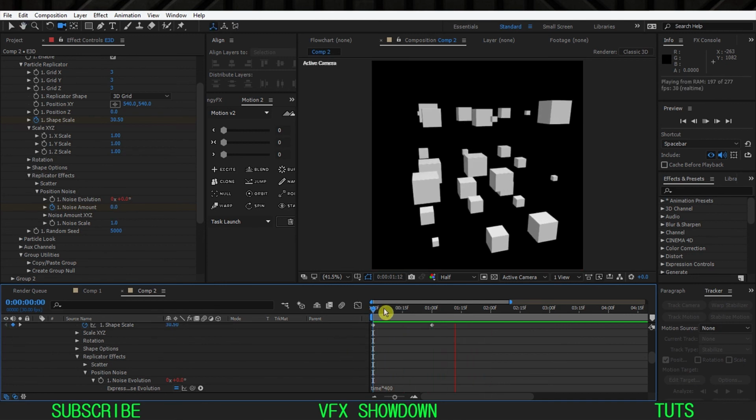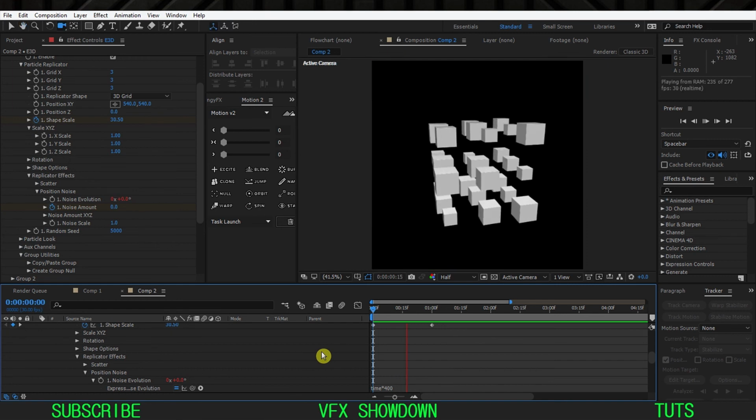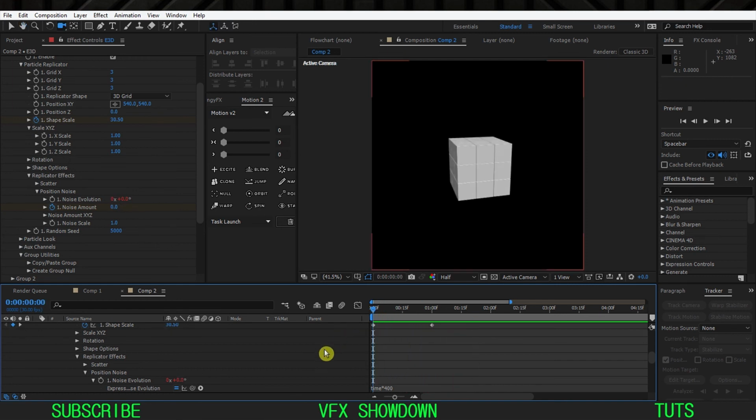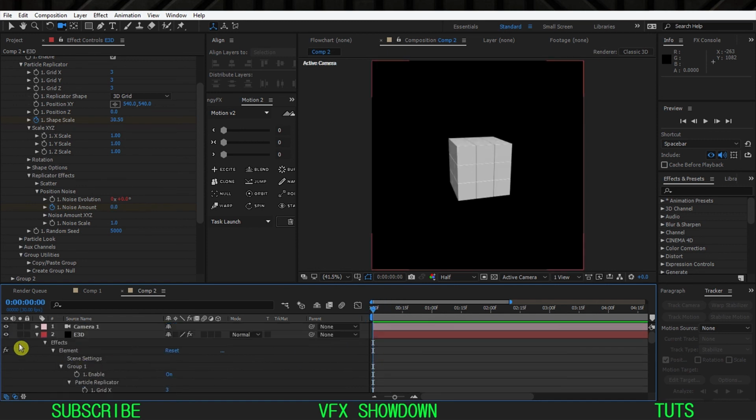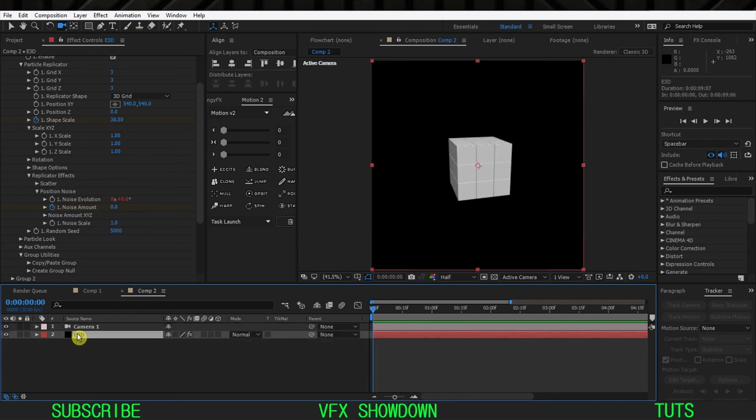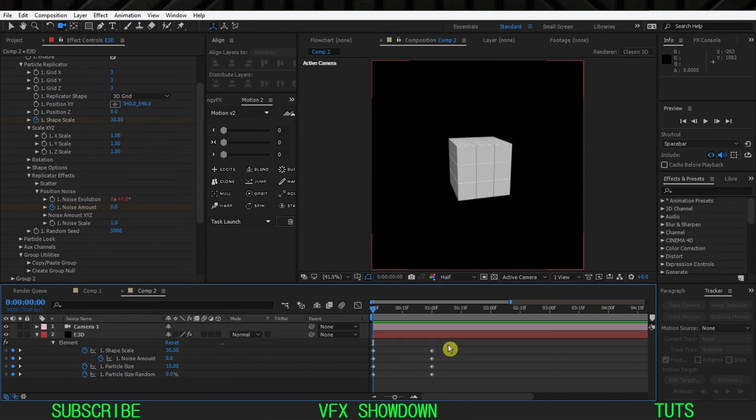Looks pretty good, but as you can see it's pretty slow and it's linear motion. We will change it now. So let's close the Element 3D and select the layer, press U. As you can see we have these keyframes. Select all, press F9 on the keyboard to ease, and go